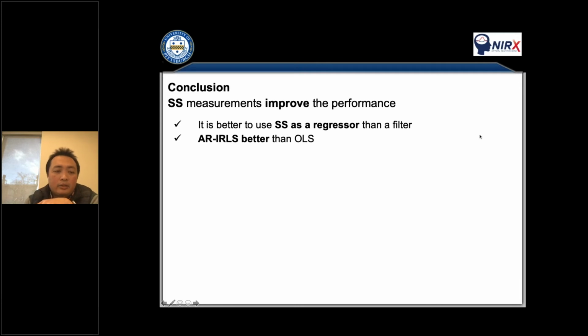And then autoregressive is better than OLS: first, higher AUC, which means better performance, and also better control of type 1 error. It means the false positive rate is good and not overestimated.